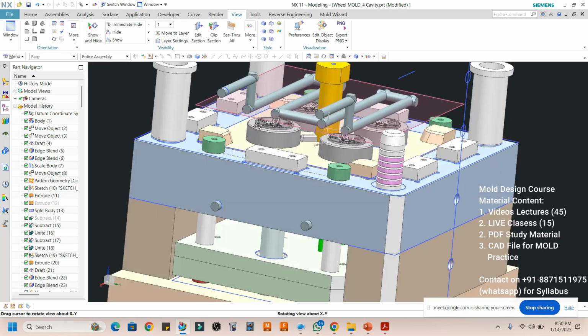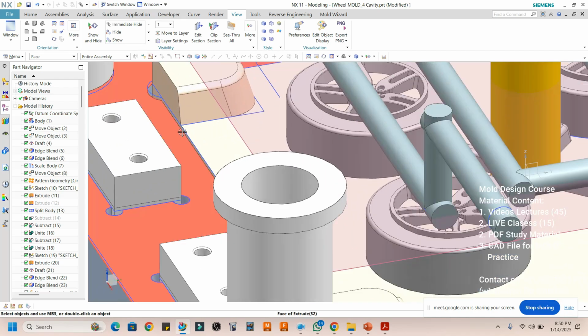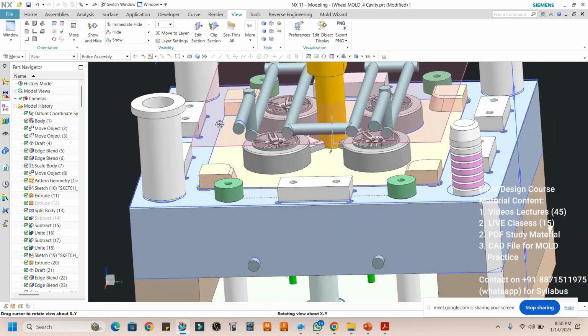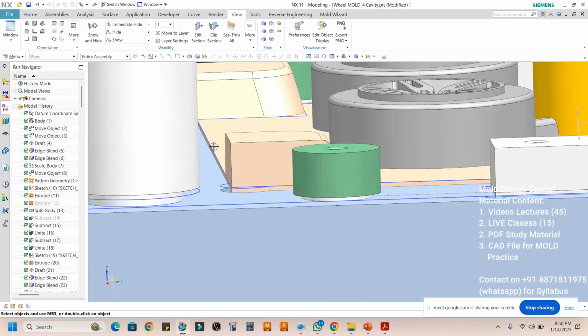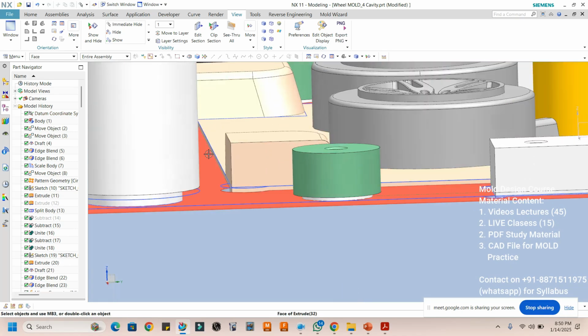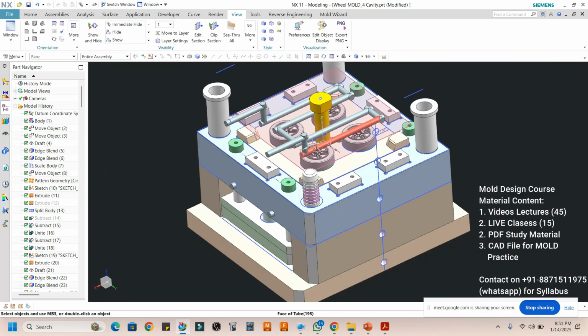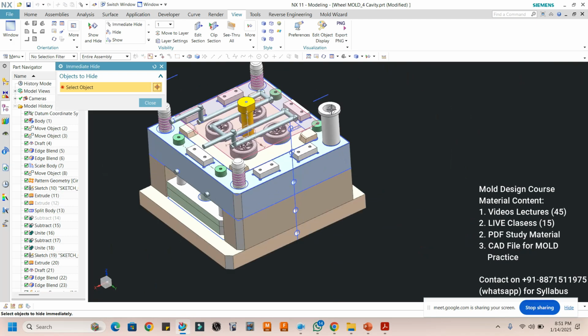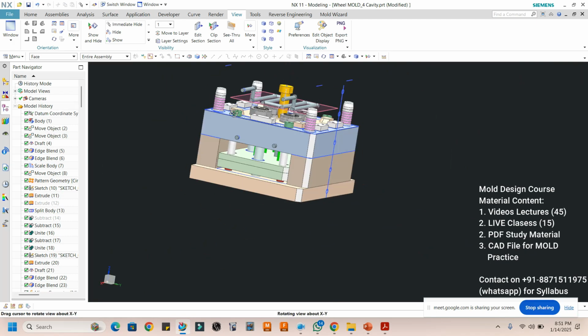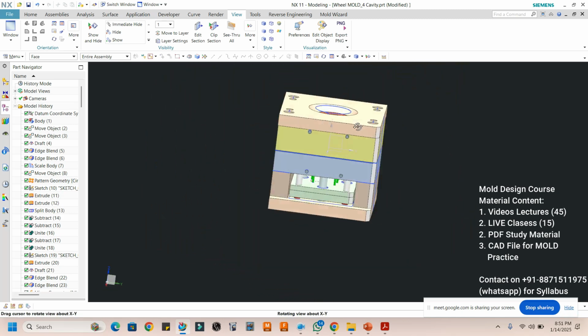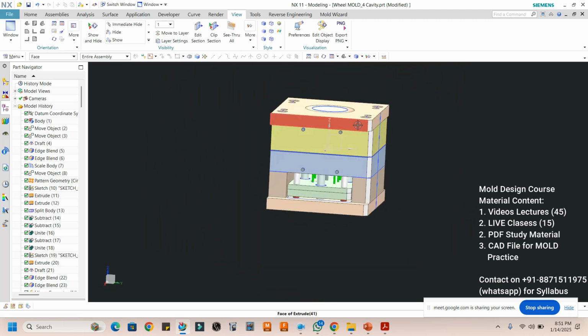But somehow it will increase the manufacturing costing, because you have to provide this draft, and for making this draft you have to apply the manufacturing costing also. Okay, I understood, sir. Maybe that part I'll correct it, because it should not be in the undercut. Actually, it should be coming out, right?